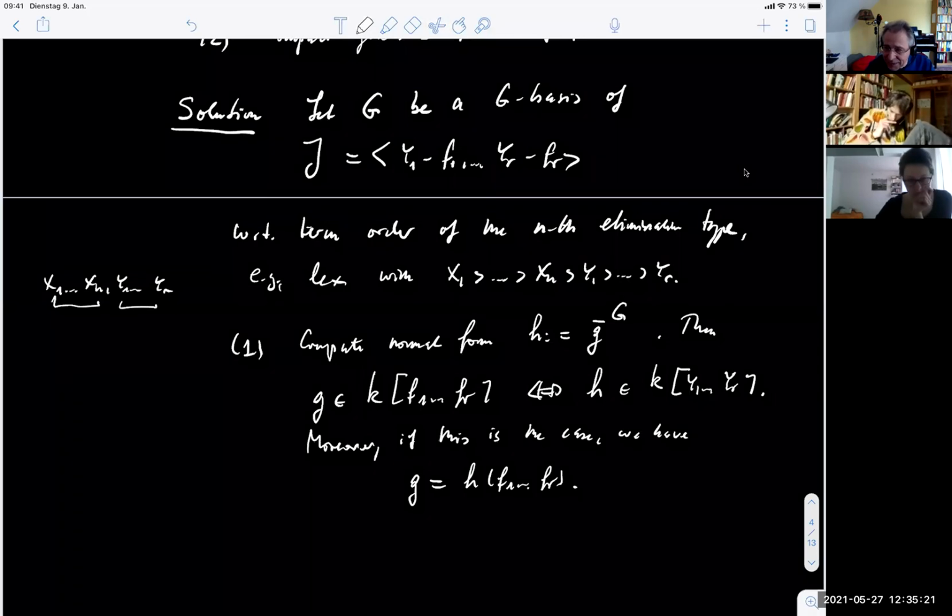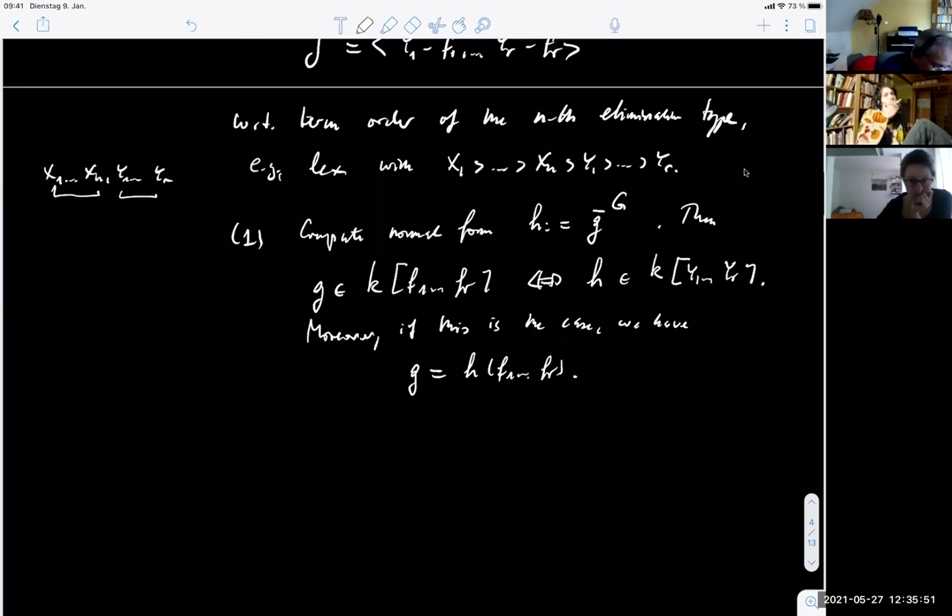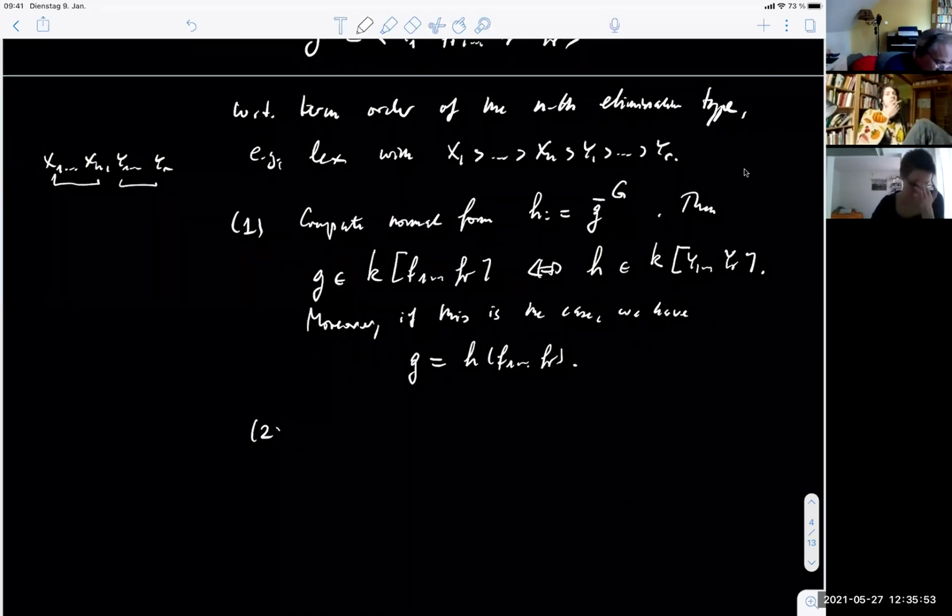Once you have the Gröbner basis, you just do it. A division will remain, and the division is not so hard, okay? And then you check this in the H. Is it a relation? You just have to check, is there an X variable there or not? If there is an X variable, it was not in the subalgebra. If there is no X variable, it is in the subalgebra, and the H gives the relation. Very beautiful. Okay, so I will prove this in a moment, but let me also state the solution to the